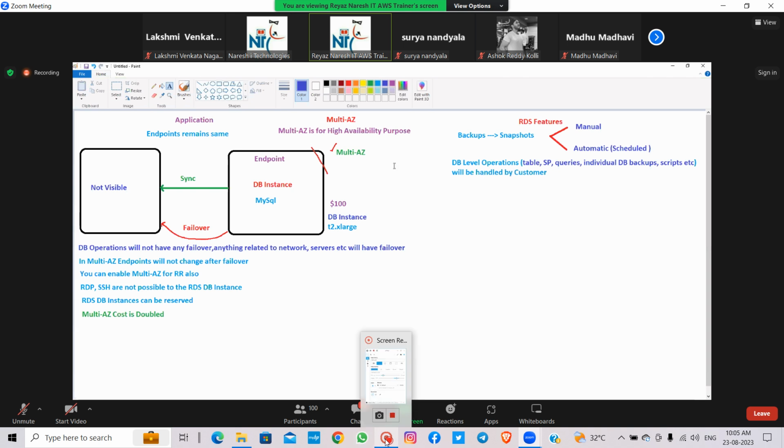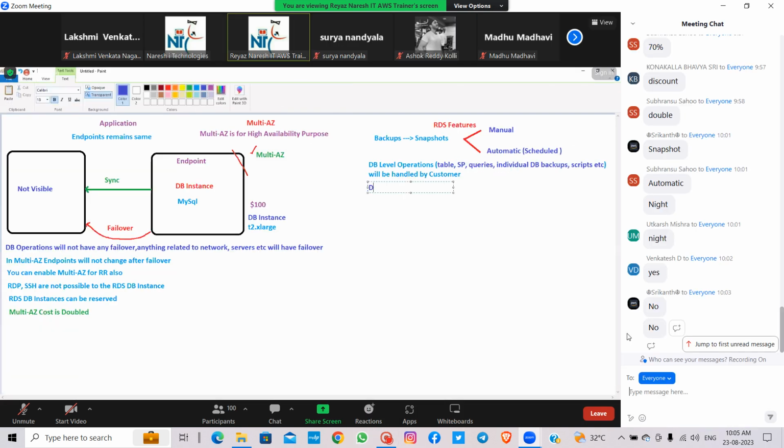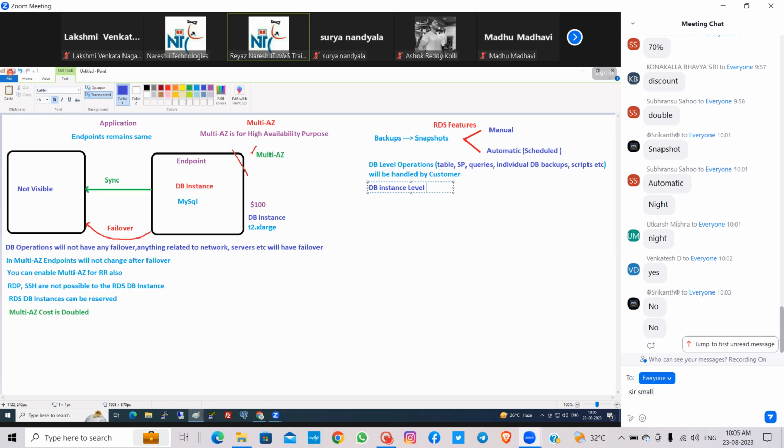Now DB instance level operations, like instance backup, restore, configurations, maintenance, etc. Not handled by AWS, but handled by us through the RDS console.